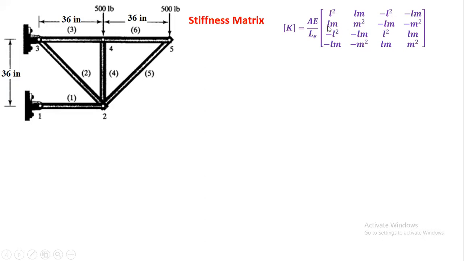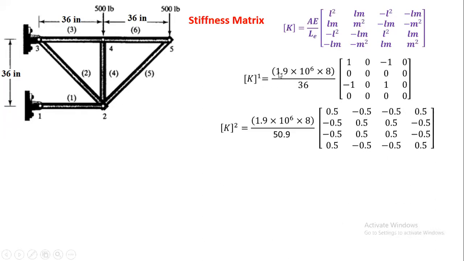Here it is cos sine square, and so on. Okay, now here you have to put the values of A and E. Now this is the stiffness matrix for first element, 1.9 into 10 raised to 6 into 8. I have not done the calculation, I have used these values, and inside this you see here cos 0 square, it is 1, 0, minus cos 0 square, it is minus 1, 0. This is cos sine 0, 0, 0, 0. Here it is minus cos square. This is 0, 1 because it is cos square, 0, and all terms are 0.